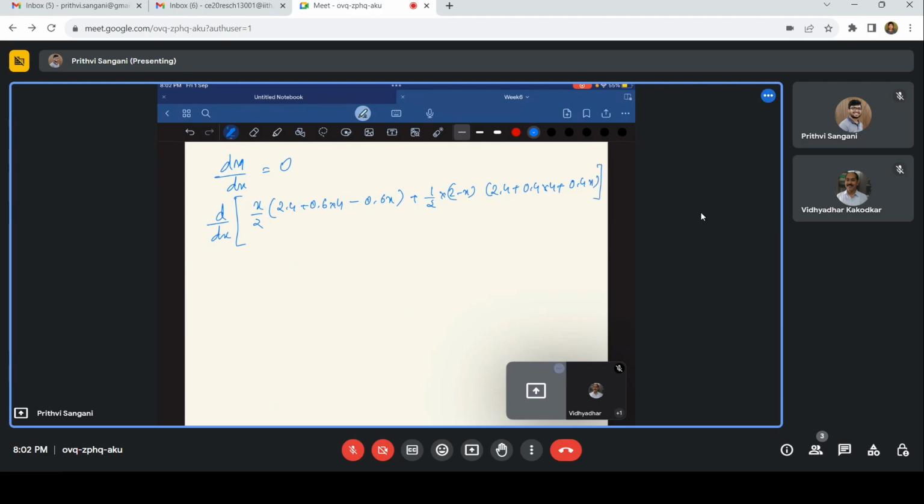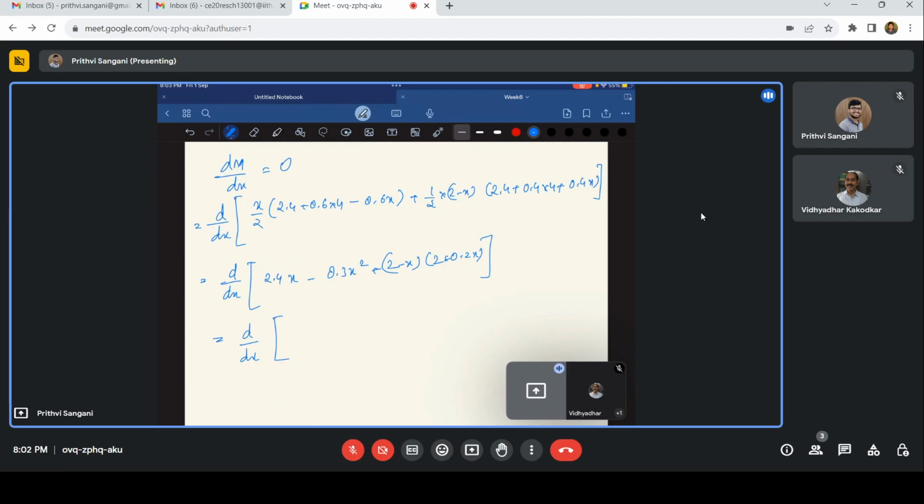So you just take the differentiation of this, and what do you obtain? You will be getting something like this. So just further simplify it so that it will be easy for us to find the maximum bending moment also. What we'll be getting is 2.4x minus 0.3x square plus (2 minus x) times (2 plus 0.2x). That is equal to d by dx of